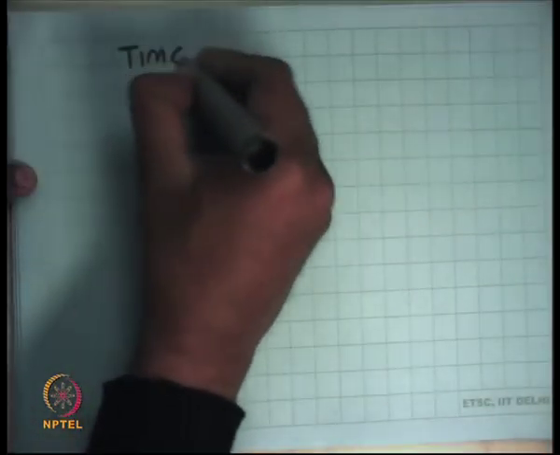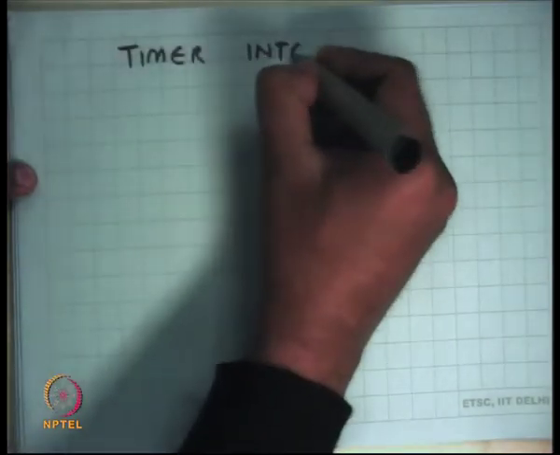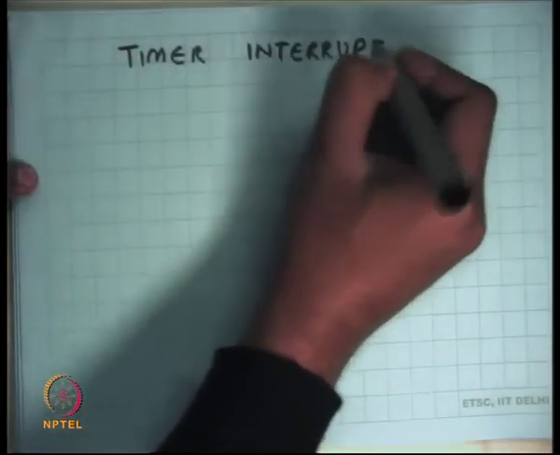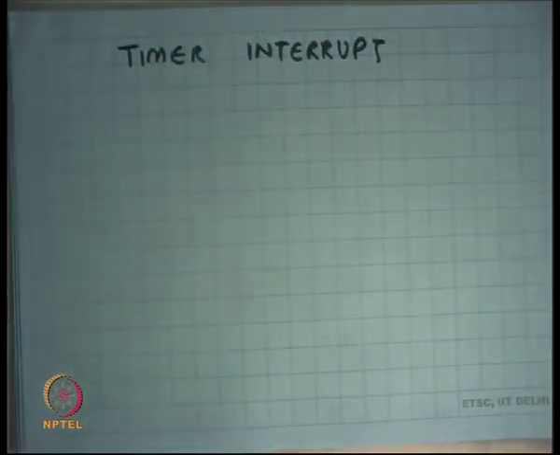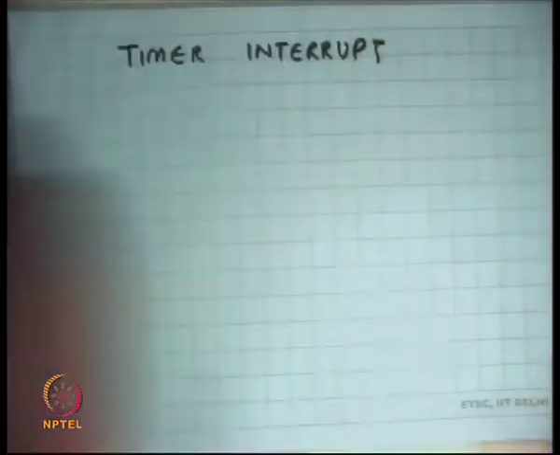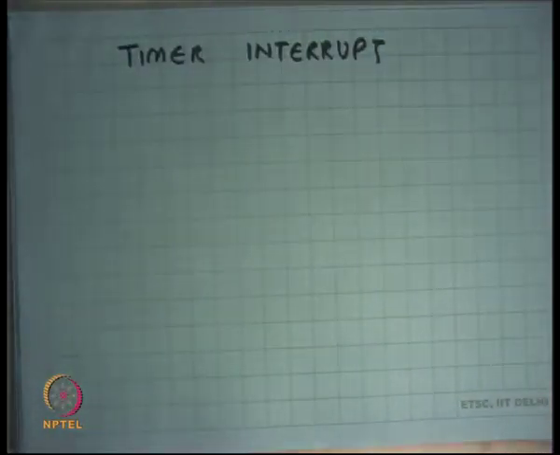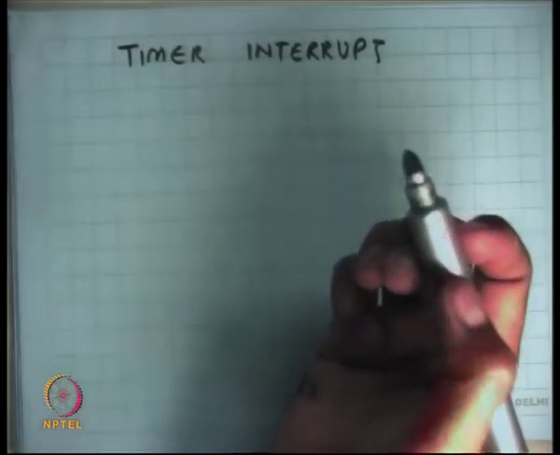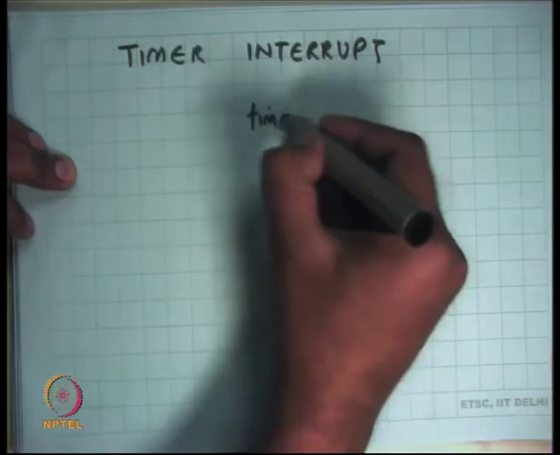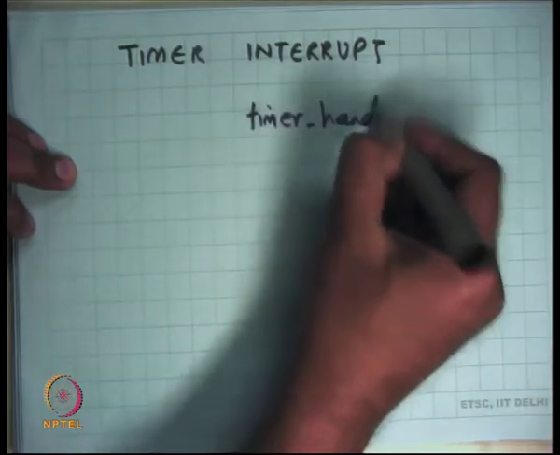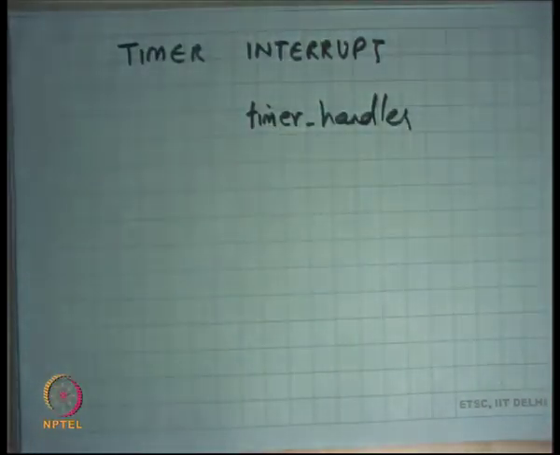There's a device called a timer in the hardware, and the OS can configure its frequency, saying fire every X number of milliseconds. Each time the timer interrupt fires, it has the same effect as an interrupt. Once again the IDT gets consulted and the appropriate handler gets called. Earlier it was the syscall handler; this time it will be the timer handler. Once again, the mechanism will be identical.